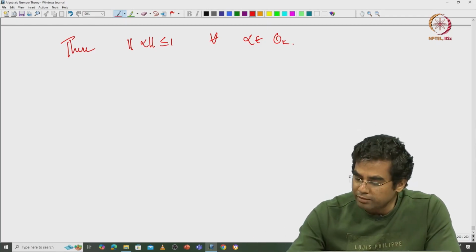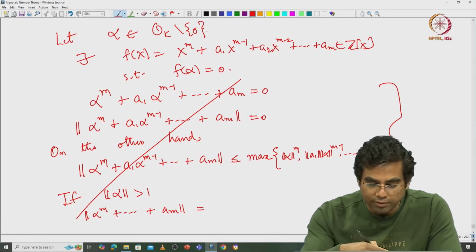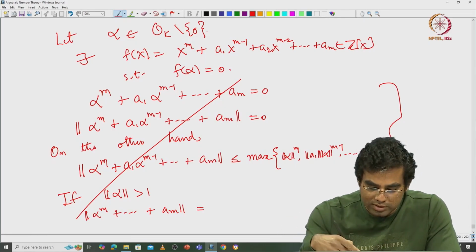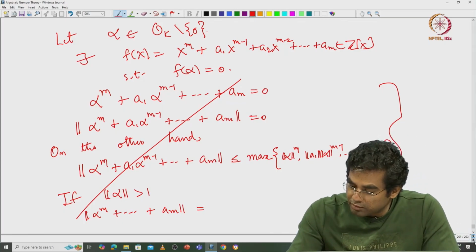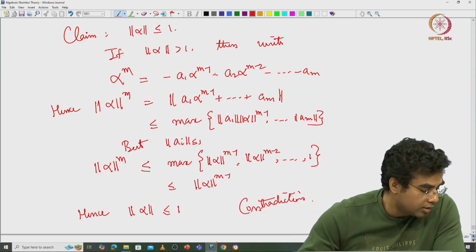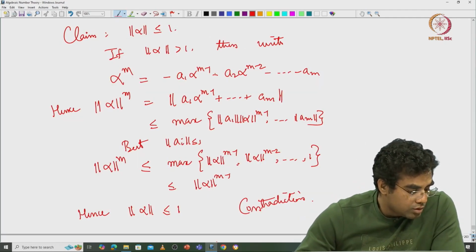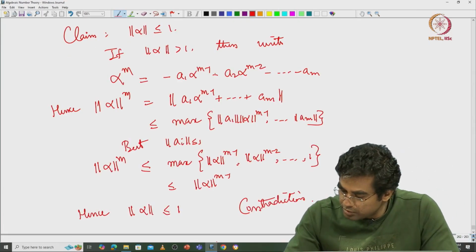So, that is what I was after, and then instead of using the equality alpha to the m equal to something, I use this. You can get a contradiction that way as well, but this way of writing it is much neater. Okay. All right. So, what I am going to do next is